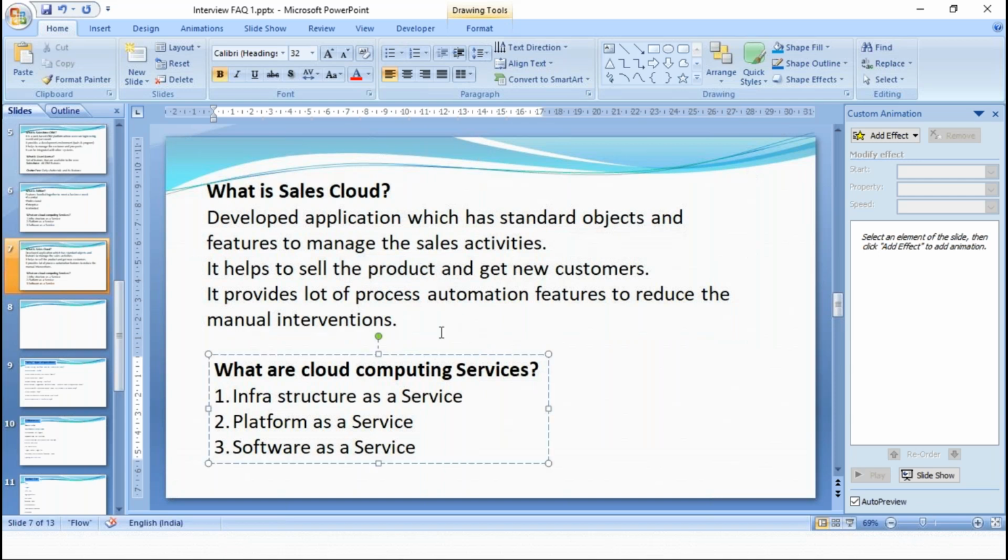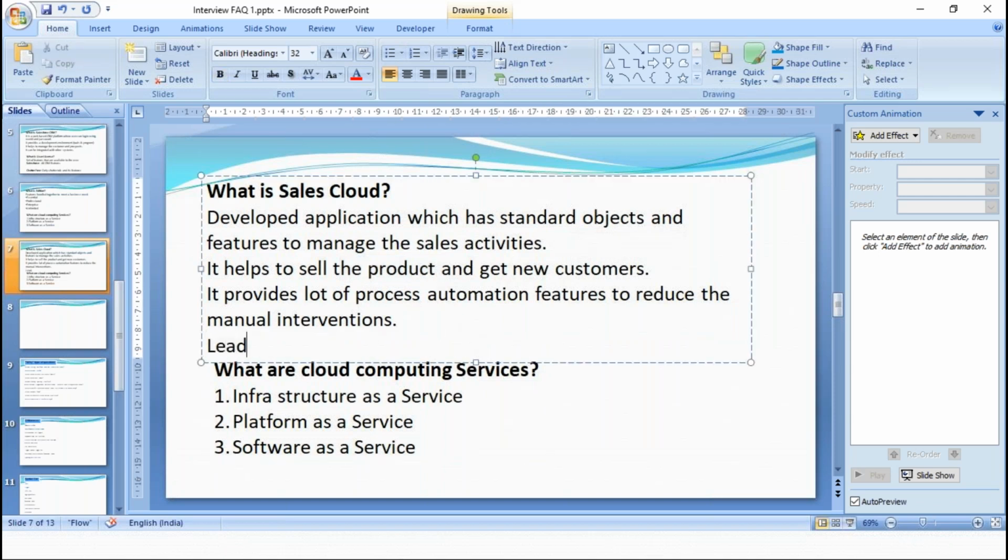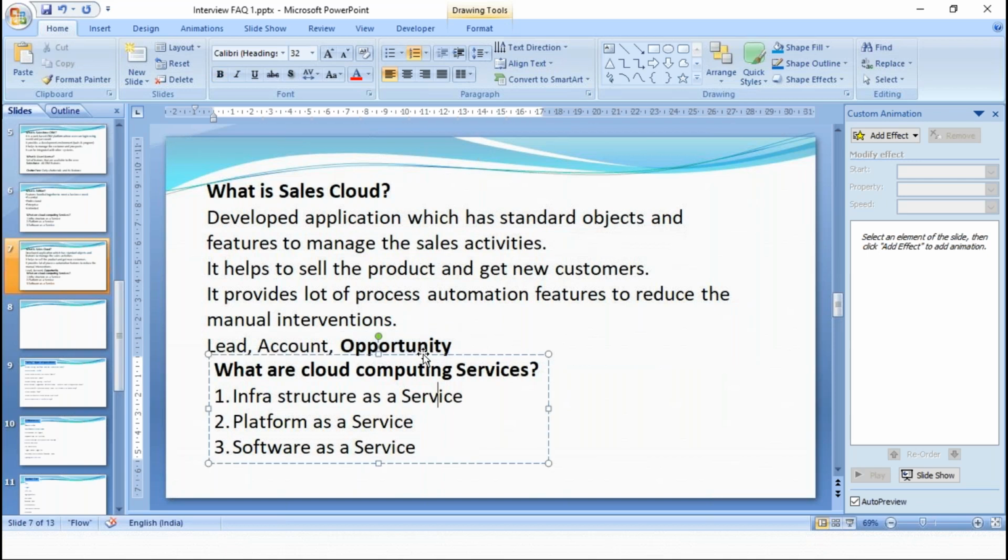When you say sales, lead, account, and opportunity play a major role. Opportunities play a major role in sales, because that is where you track your sales.